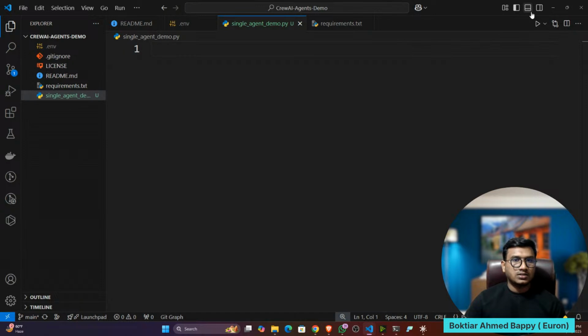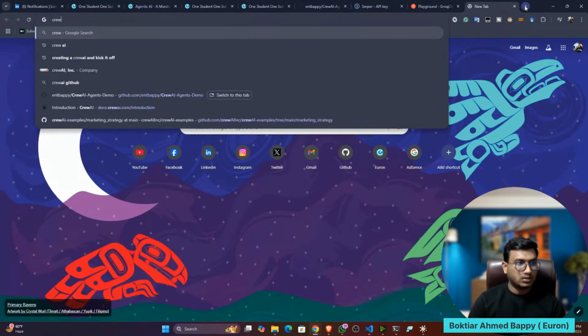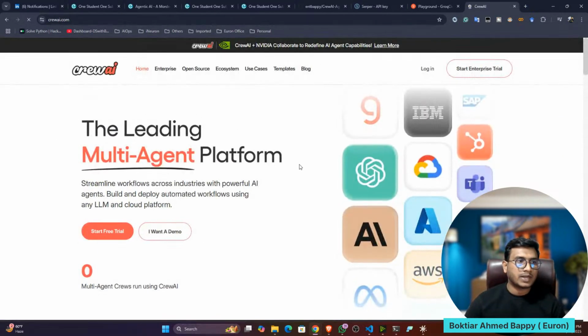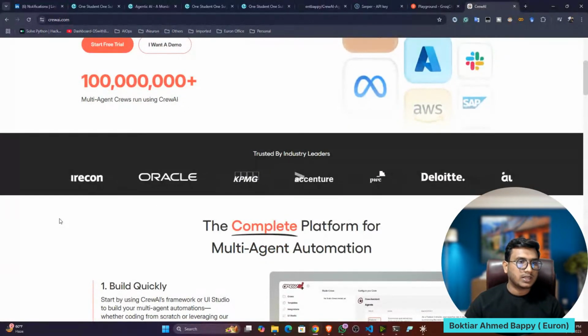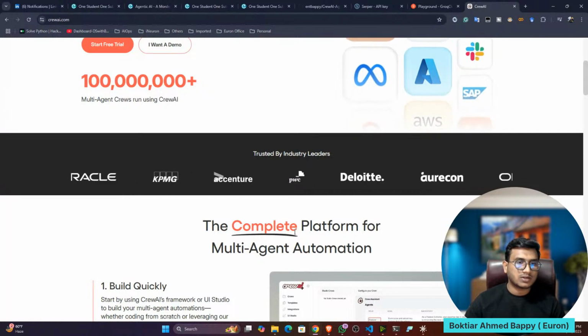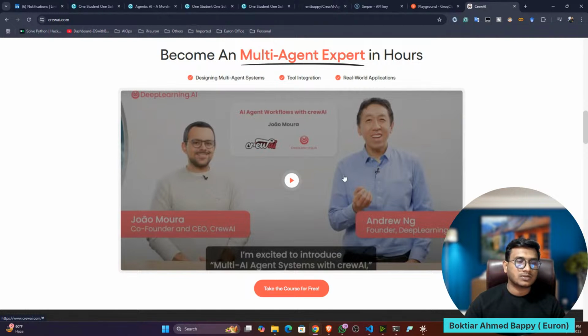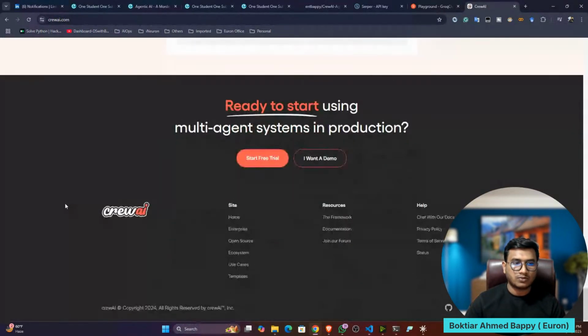And to implement these agents, we need the Crew AI library. Crew AI is a Python framework. With the help of that, you can create agents and multi-agent applications. It is getting more popular, and lots of companies are using this package. They have also collaborated with deeplearning.ai, so Andrew is having another course on his platform with the Crew AI founder and CEO, Joe Moura, I think his name is. It is a more powerful and easy to use package so far.